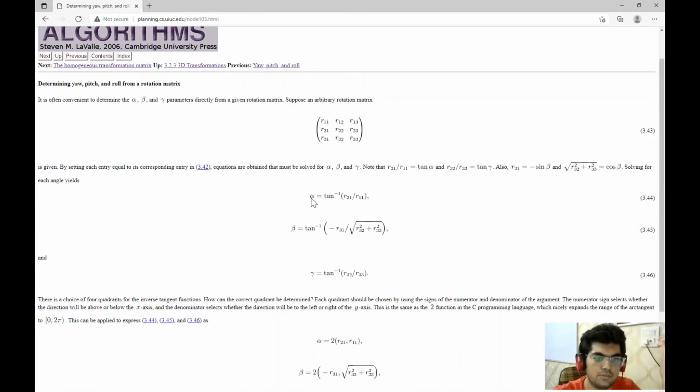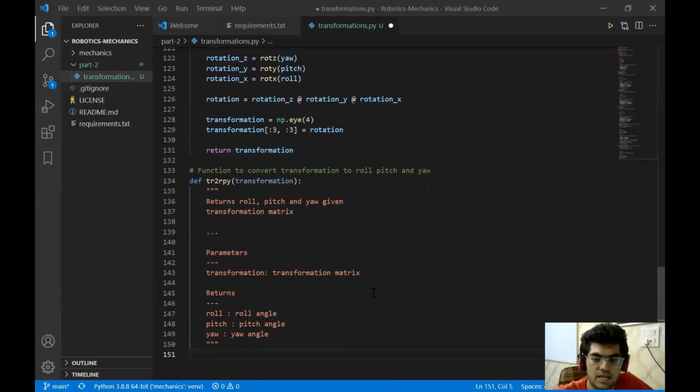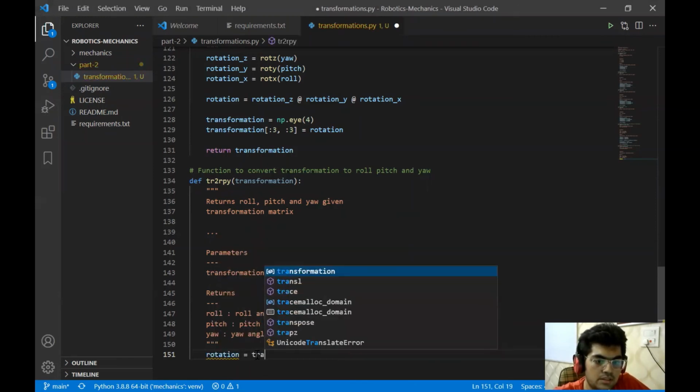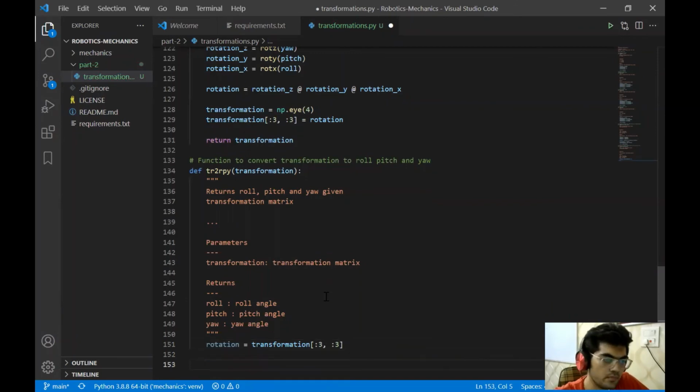And the formulas to calculate the different angles are taking the tangent inverse of specific values in the rotation matrix. I think we can use np.arctan for this purpose. Given that, just like we did the assignment over here, we can extract the rotation matrix in a similar way. Okay, now we have that.